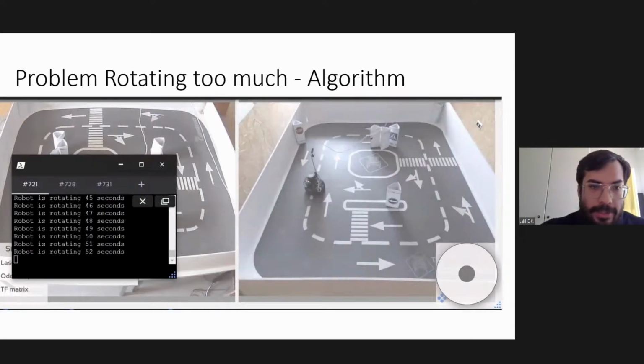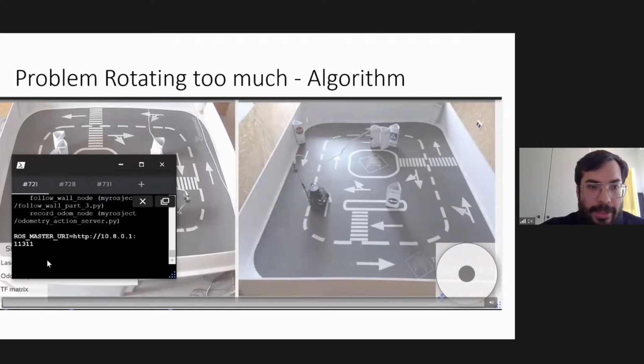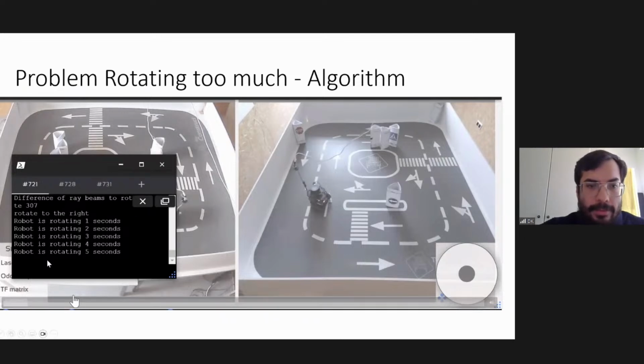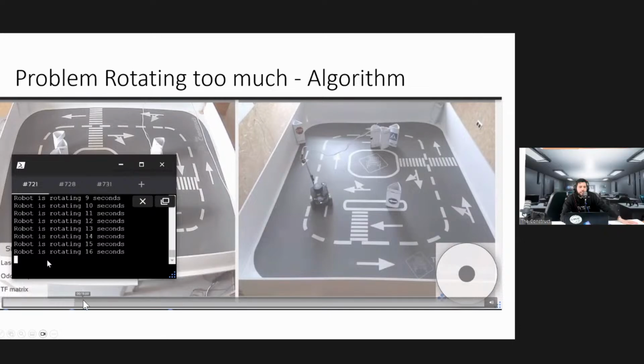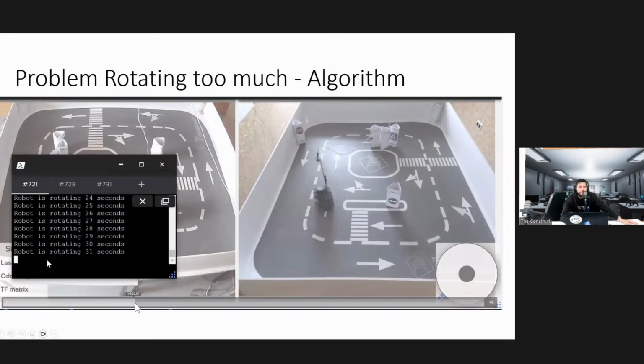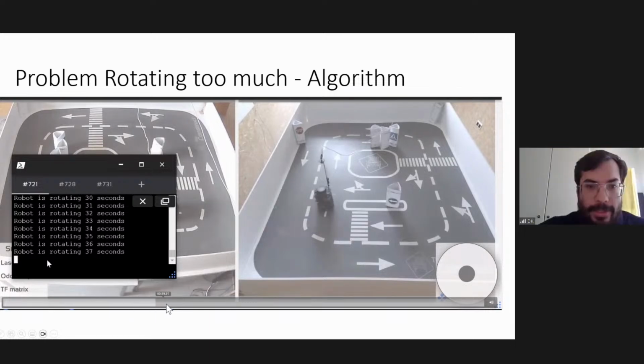Okay, now I went one slide too fast. Okay, so here now we have the same issue, which is going to happen. And it's going to detect it? Yeah, so that's why it's printing the seconds which it is rotating. Right, because you know how long it should be rotating for. Yeah, so when it goes for like 1 minute,